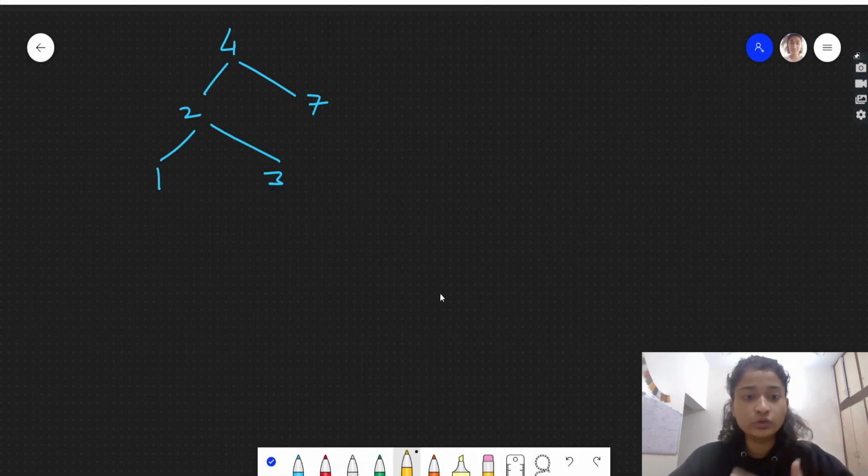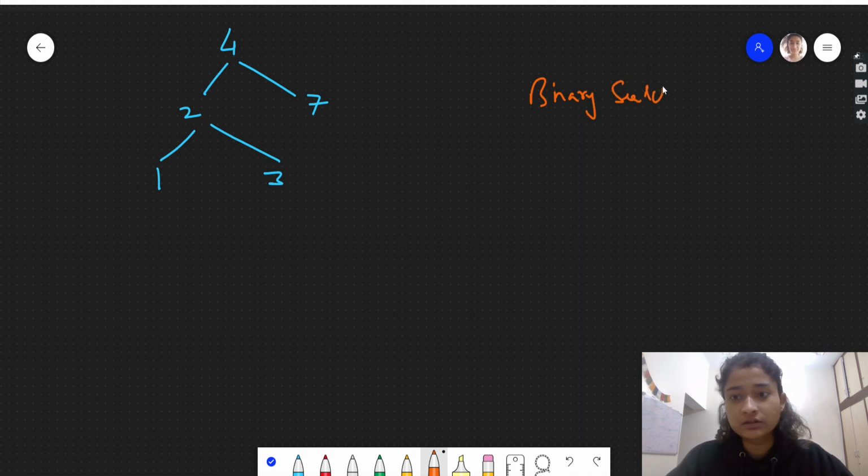For those who do not know what a BST is, a binary search tree is a kind of binary tree in which there is a root value.